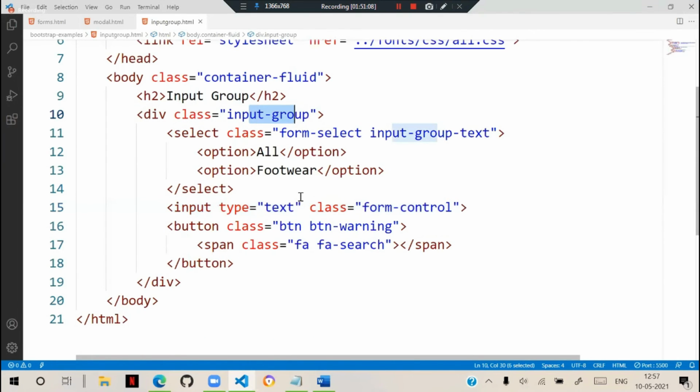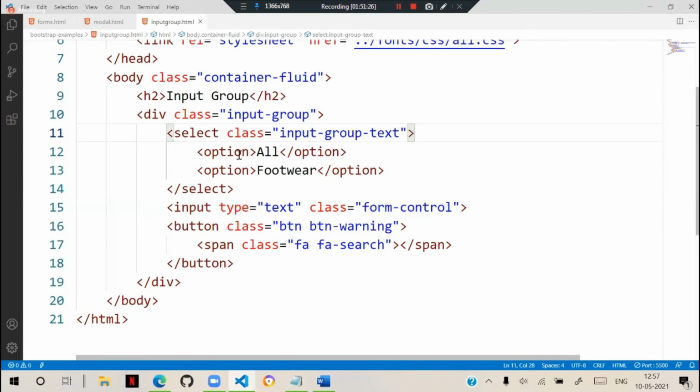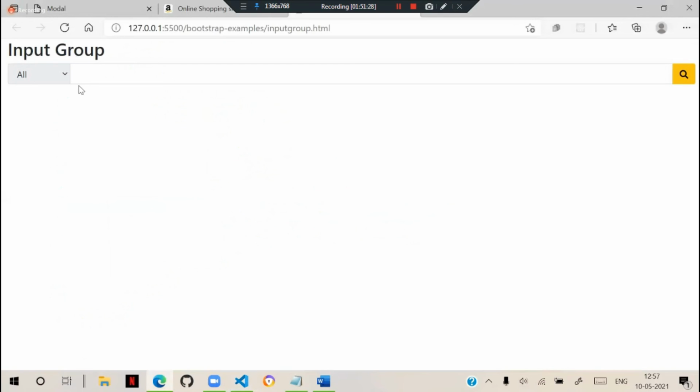I will show you some more concepts on how we can manage them. Actually, if I don't use the form select here and just use input group text, then it will display like this, because form control keeps the width. If I don't use form control, just form select, then it will be like this.